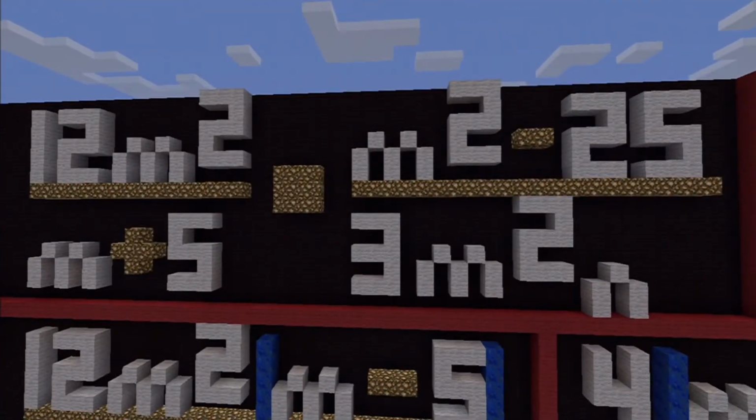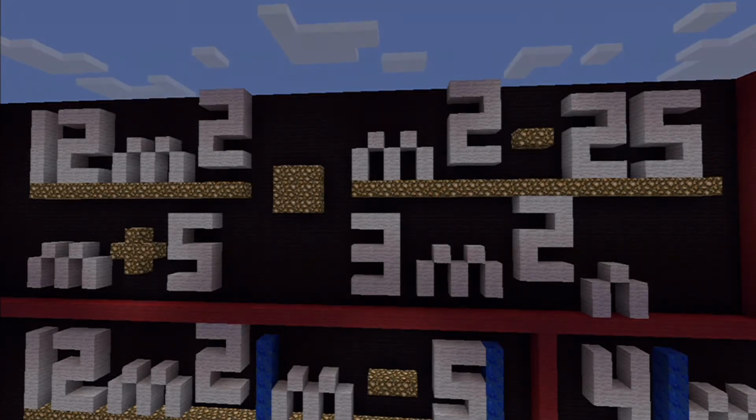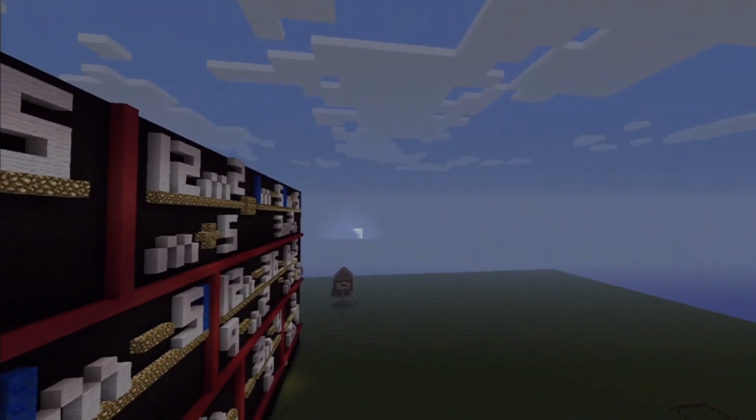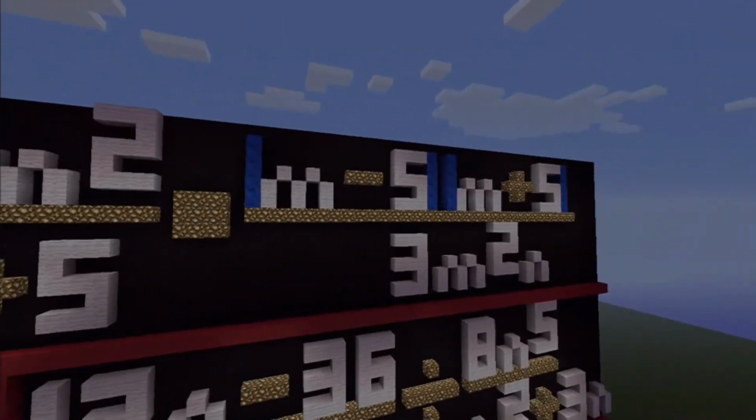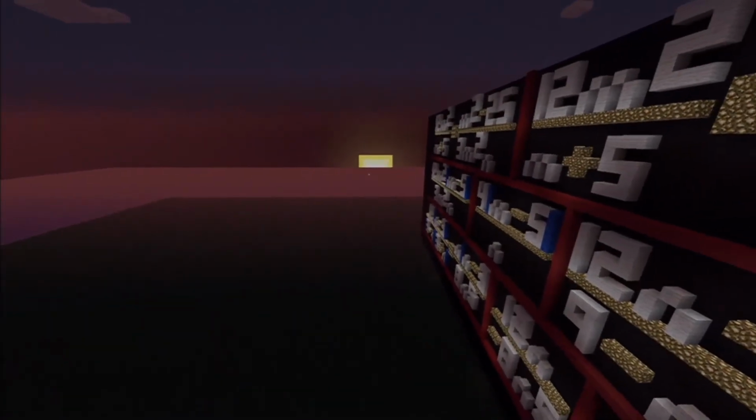First, I'll start with an average one, which is 12m squared over m minus 5 divided by 3m to the third n over m squared minus 25. For the purpose of the problem, I've already flipped the second fraction and converted the problem to multiplication. From here, the parts of the fractions are factored, using the difference of two squares method in this case, splitting m squared minus 25 to m minus 5 times m plus 5. Both of the m plus 5s then cancel,